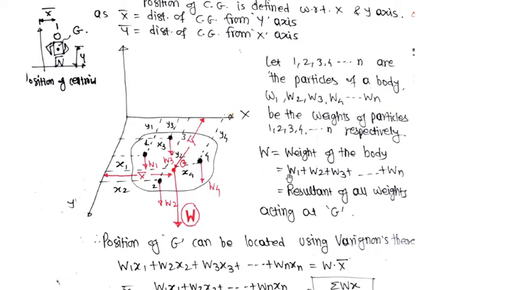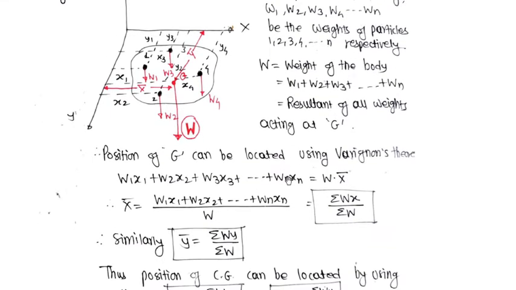Okay. So, W is equal to W1 plus W2 plus W3. Now, this is a parallel force system, and W is the resultant of all these parallel forces. Now, we know the resultant is a vector quantity, we have to determine its magnitude. So, the magnitude W can be obtained by adding W1, W2, W3, up to Wn. Its direction is vertically downward.